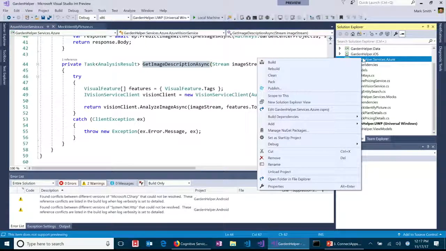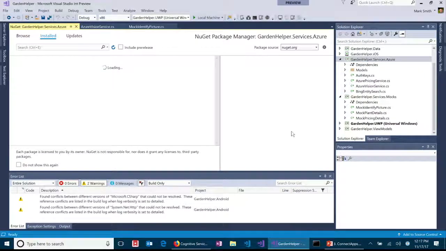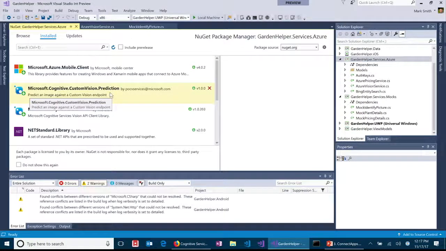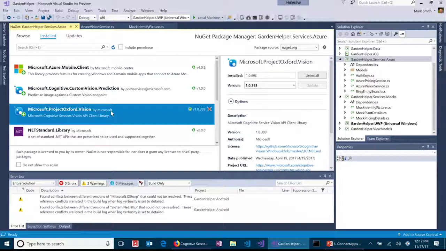Just about anything. However, there are some of the services that actually have NuGet packages to let you get to them. So for example, the Vision API has one called Microsoft Project Oxford Vision. Fantastic. All of these are open source. You can go into GitHub and find them all. There are some updates that are coming, so we're working with the teams that produce these SDKs. Some of these are a little old, or not old, but well, things move fast. Things move fast. We see a lot of updates, and so it doesn't take just a couple days, a little time to catch up. Right. Yeah. And so I know that there are some updates that are coming, but this is the one that